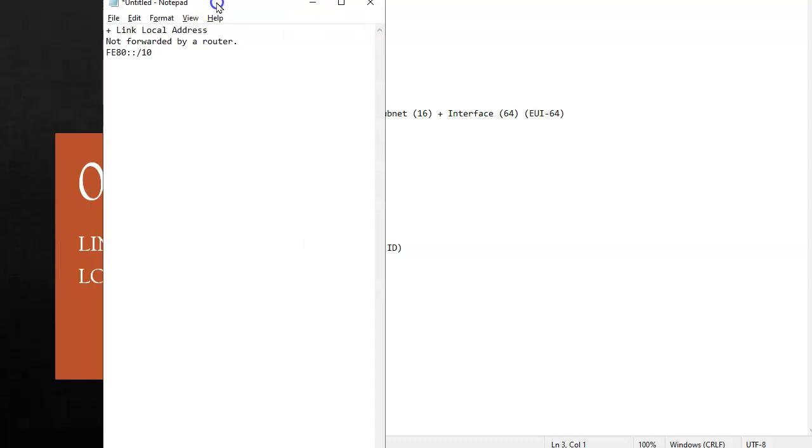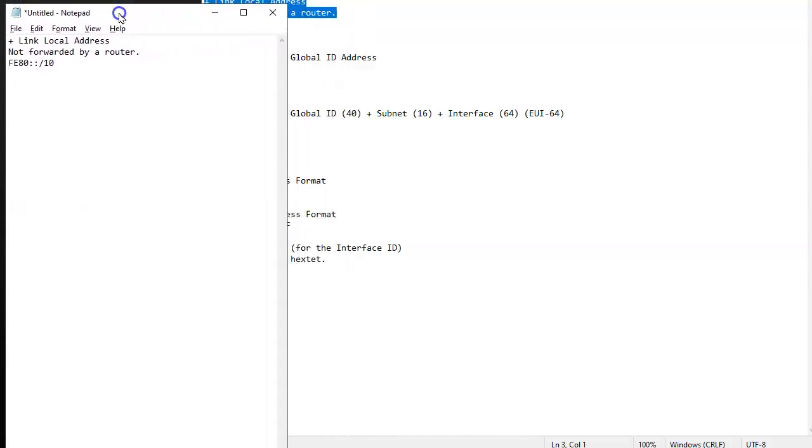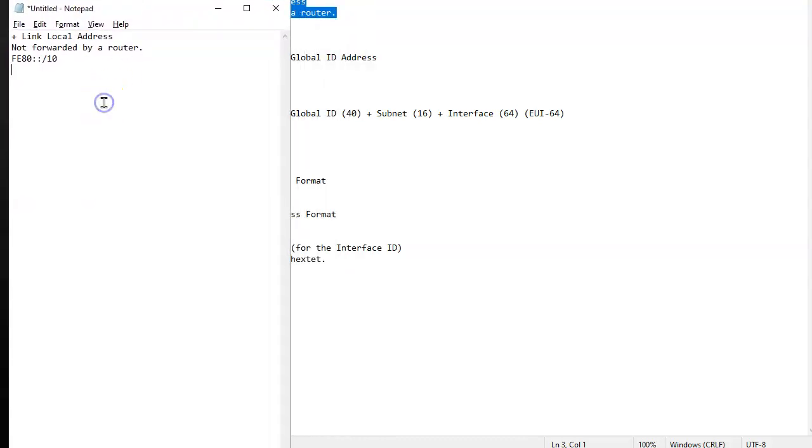I want to make sure that I have everything in the right frame here. Link local. What I'm going to do is basically assign a prefix for link local. I would give my router a command to create that prefix, and it's unique on a link.